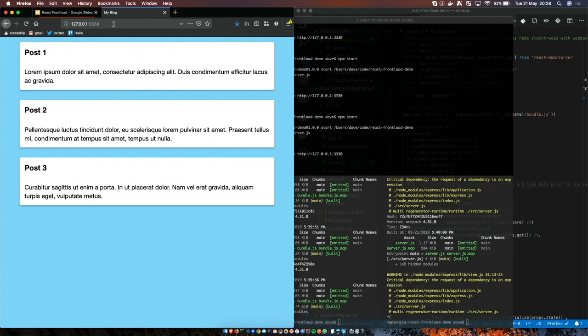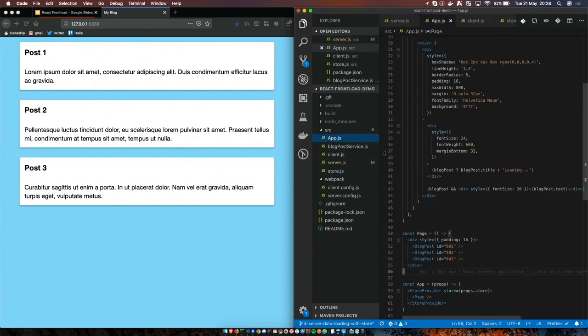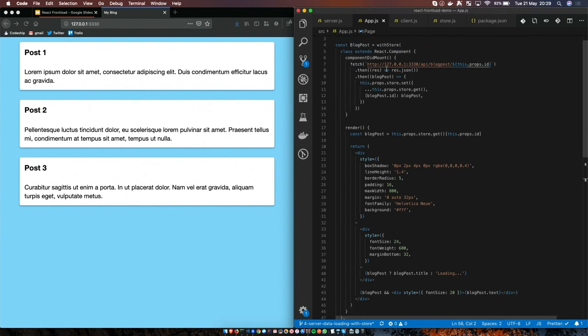So yeah, it just loads the data from an API. This data is just coming from an API, and it just renders the components like that. So let me show you the actual React component. The component that we're really interested in is this box which displays a blog post. It's called blog post, and as I alluded to earlier,